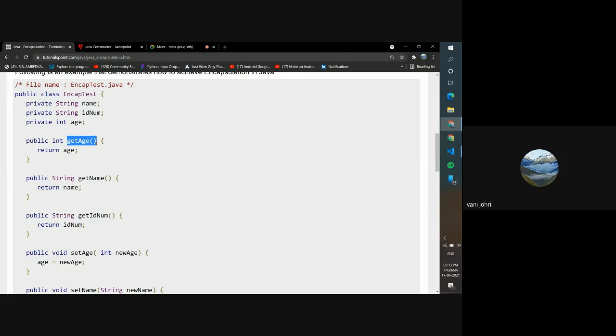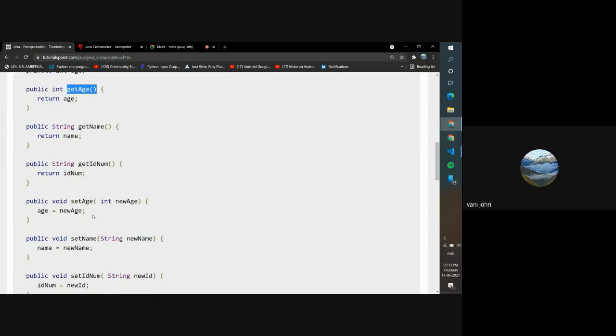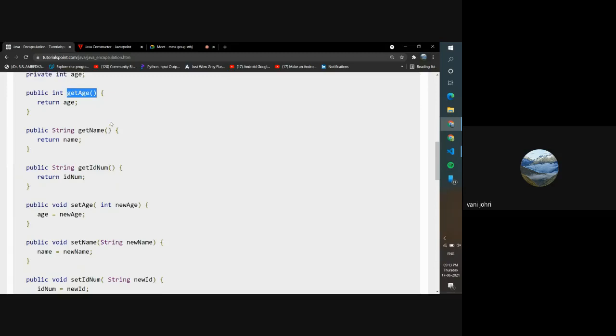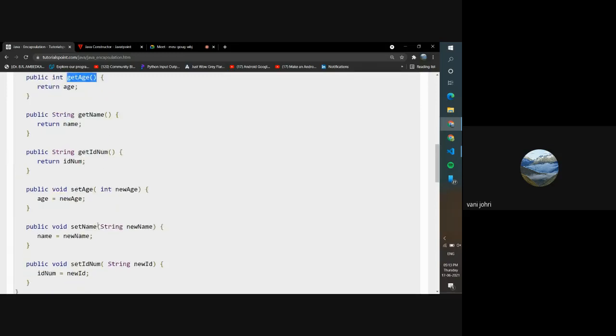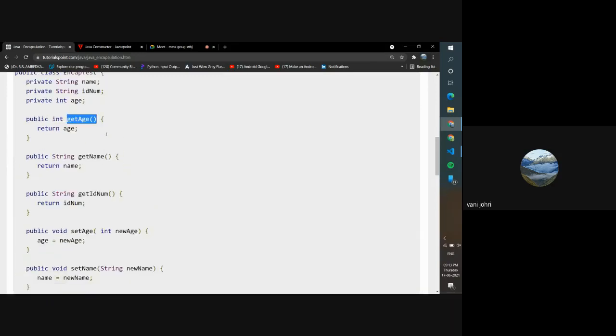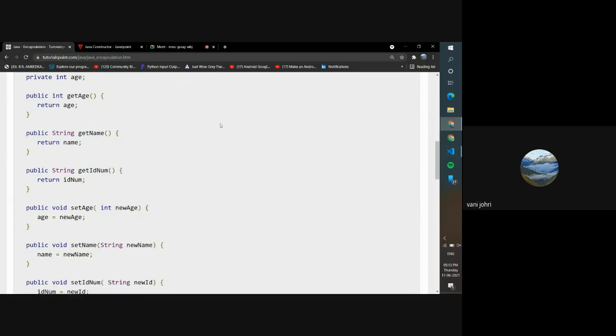Your code will still run if you do not name it getAge and setAge and name it something else. But we do it this way because it's just a convention of how to do encapsulation. And because we name them getAge and setAge and getName and setName, we've ended up calling them the getter and setter methods.